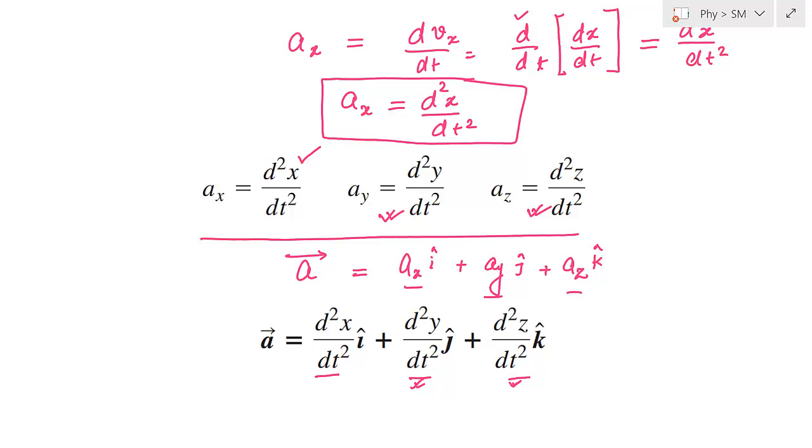Now we also said how to write the expression for instantaneous acceleration in Cartesian coordinates, and in that case you have to write a is equal to ax i plus ay j plus az k. And finally we related the acceleration vector with the position vector, and we said if you take the double derivative of the position vector, then it gives you the instantaneous acceleration vector. In one direction, you can say simply d2x by dt square is equal to ax.